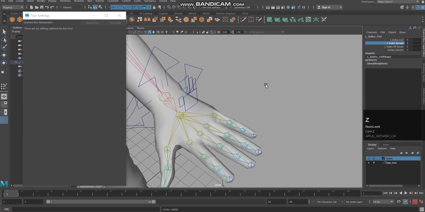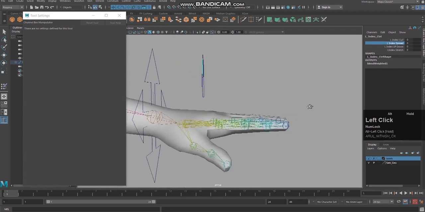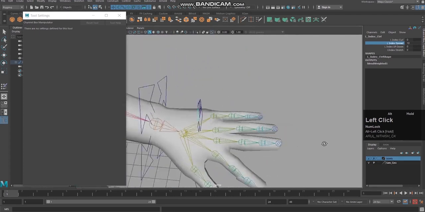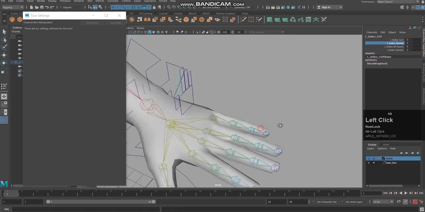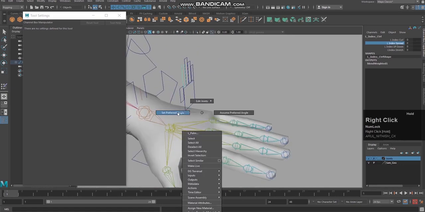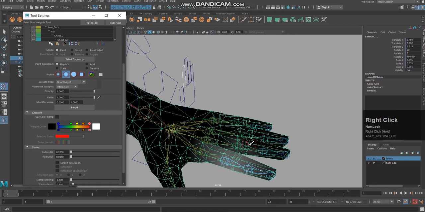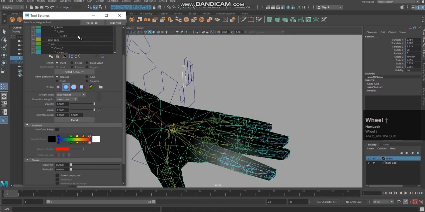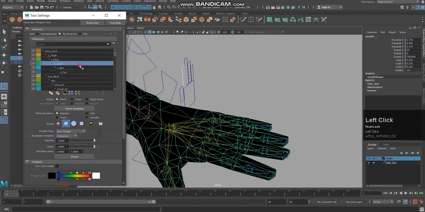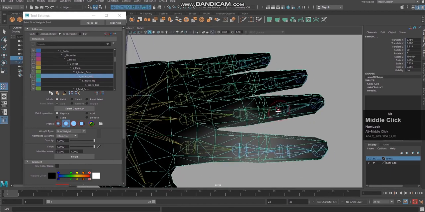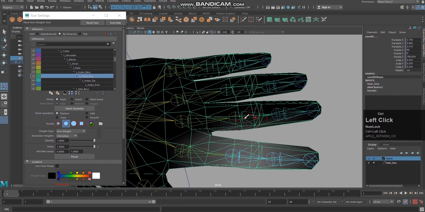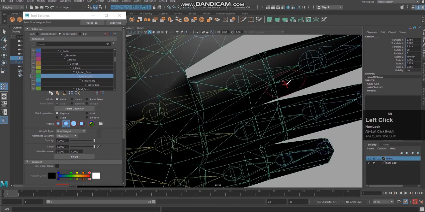Now you can see this area is affected and this area is also affected. So I'm going to again go to the paint skin weight tool, go to the top, select the left index mid joint and hold control and remove the influence.